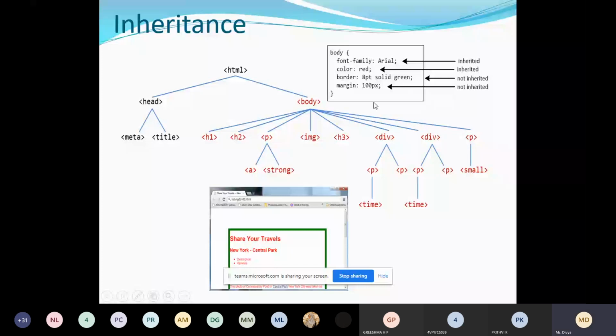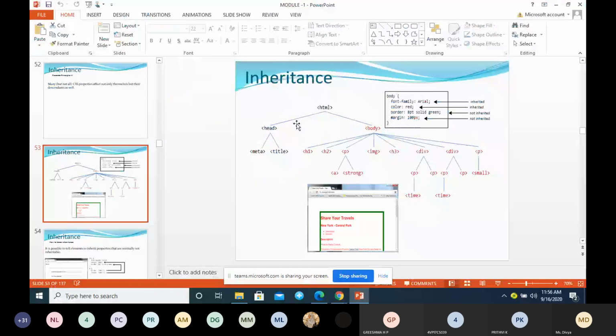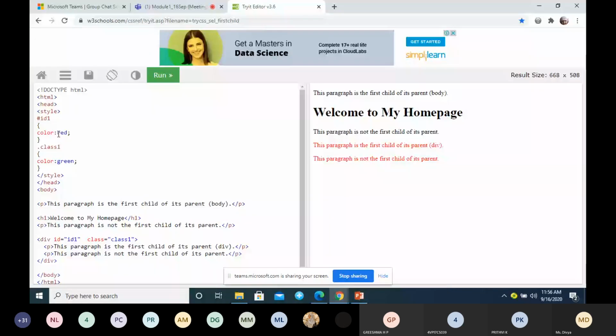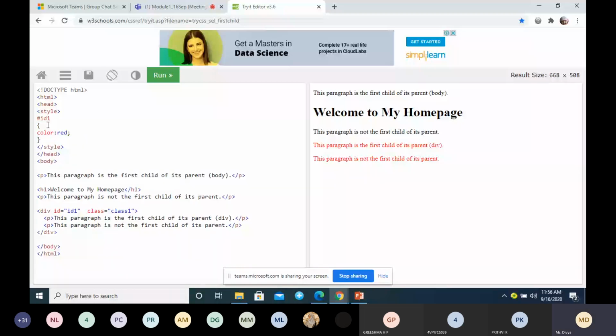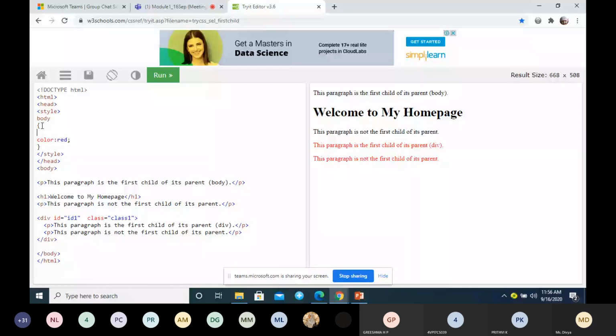So I'll give an example. Just to show, I give the border and the color property.